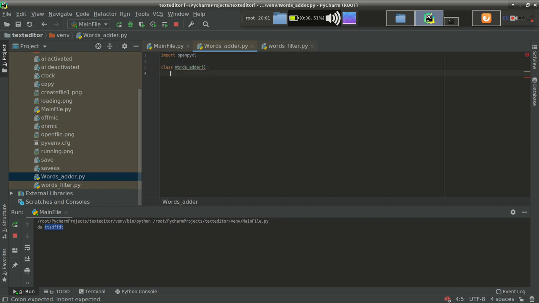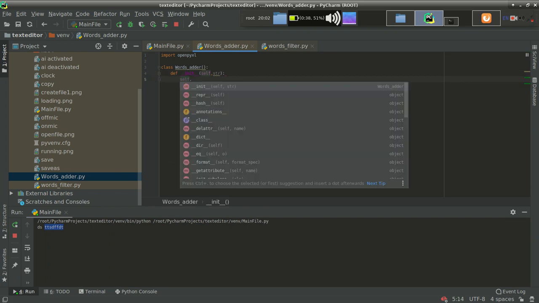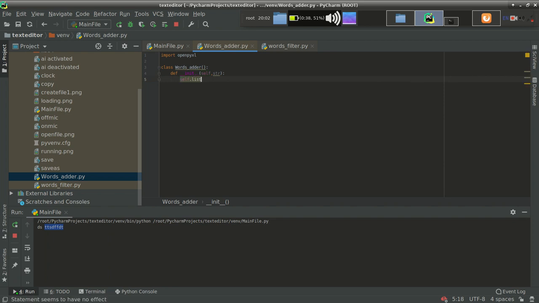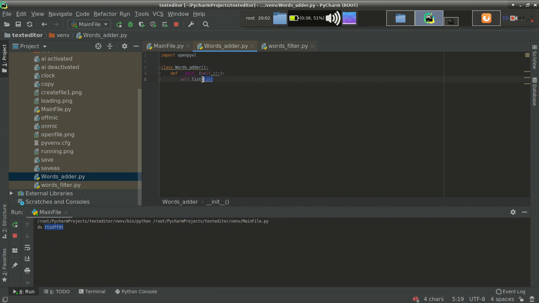So this is our class. Initially we want a constructor, so that's fine. It will accept a string from the previous class, that is the main file. Let's make another variable, self.list equal to list, so that I can access this list in different methods of this class.